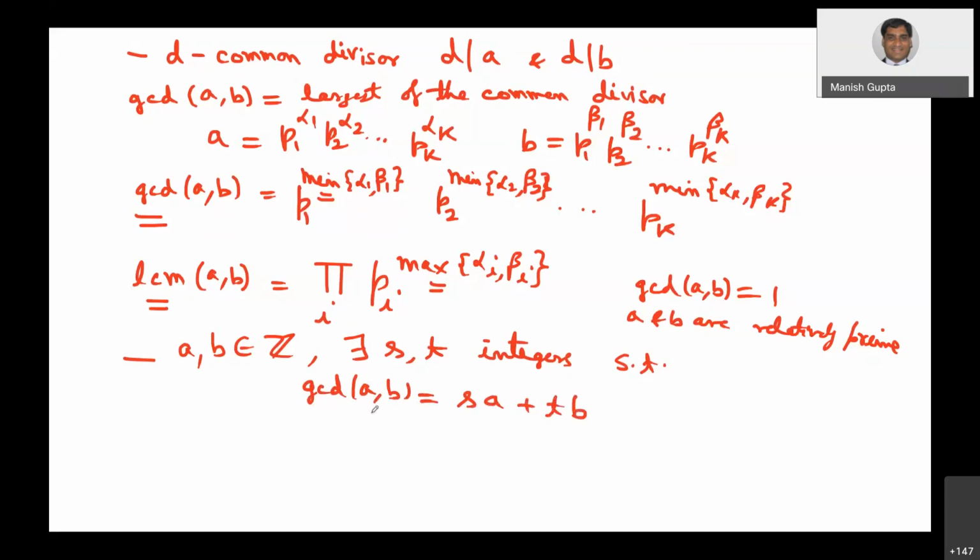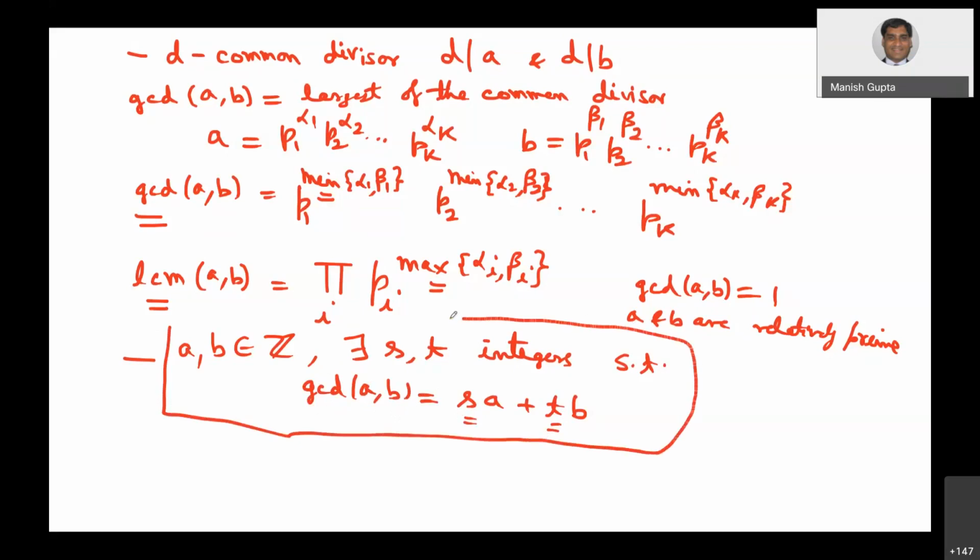So in order to compute the greatest common divisor of a and b, I should be able to find two integers s and t such that their linear combination gives us the GCD, right? So this is a very important lemma. I am going to use it. Proof I am not giving you. I think you can verify this by a couple of examples at least. And if you are interested, of course, the proof is given in your book as well.